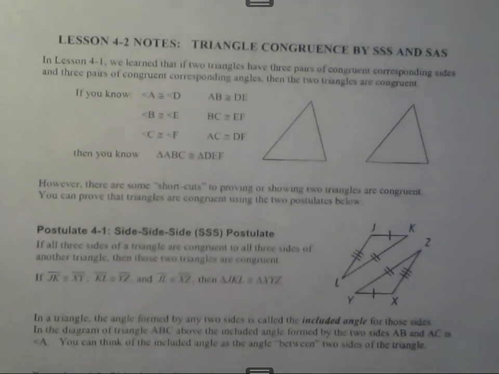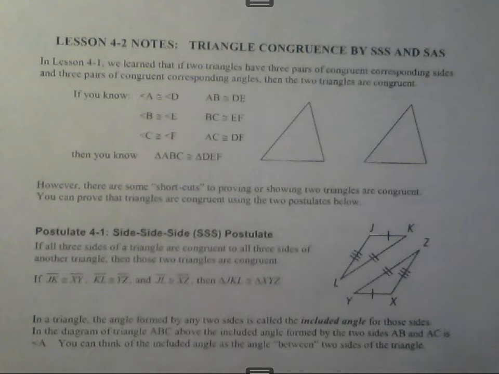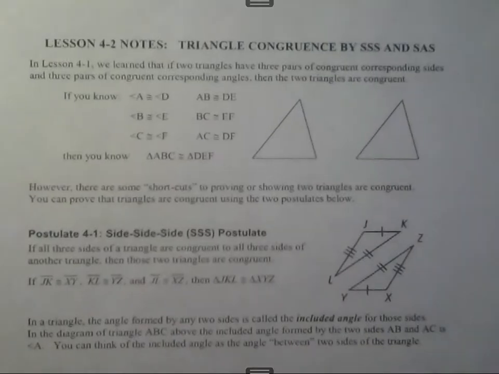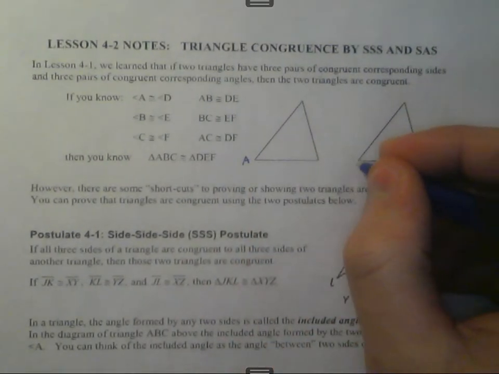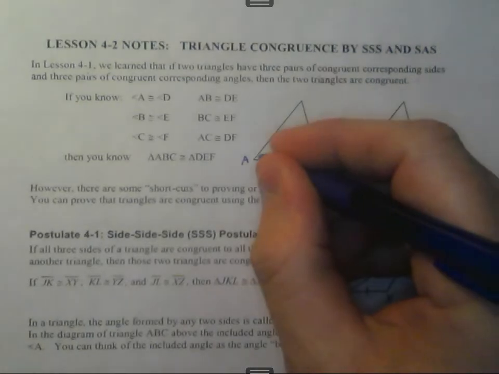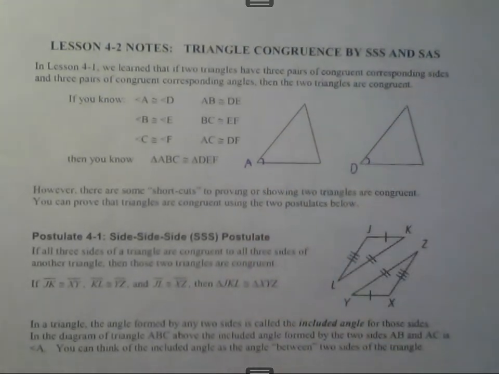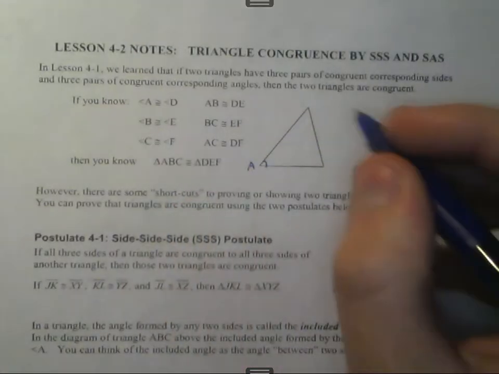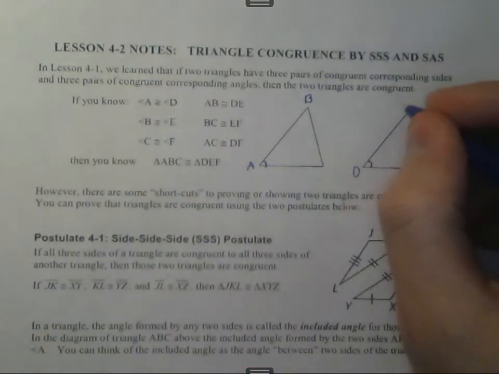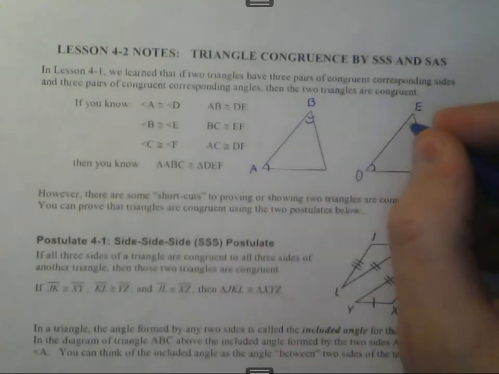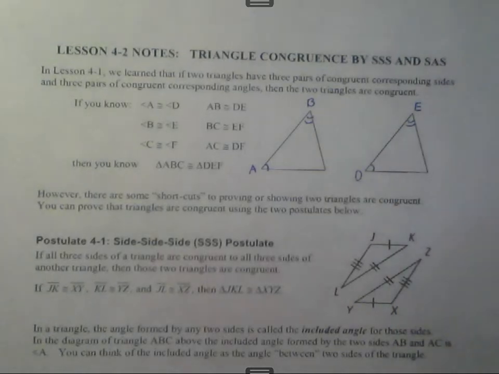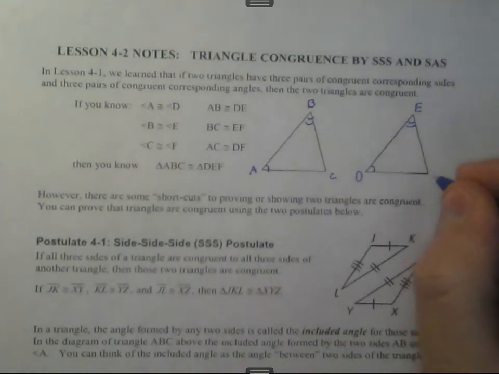In lesson 4.1, we learned that if two triangles have three pairs of congruent corresponding sides and three pairs of corresponding congruent angles, then the two triangles are congruent. So, if you know that A is congruent to D, and we show they are congruent by putting an arc in there, and you know B is congruent to E, we'll show these two are congruent by putting in two arcs, and you know C is congruent to F,